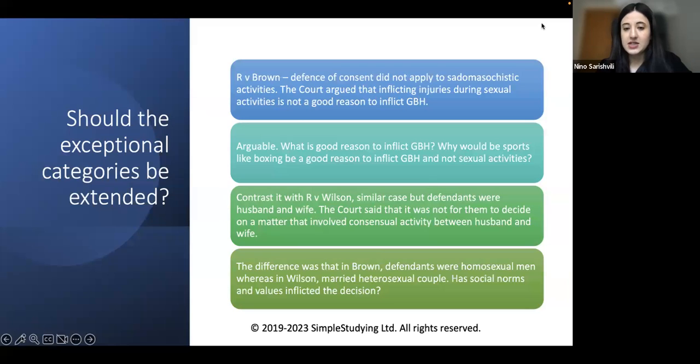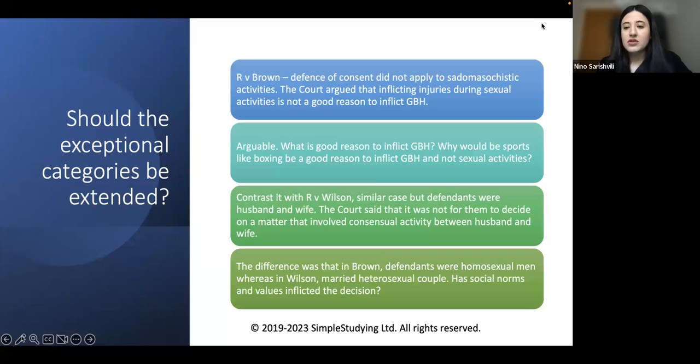But the court said that the defense of consent applied and the defendant was not guilty of Section 47 because they were a married couple